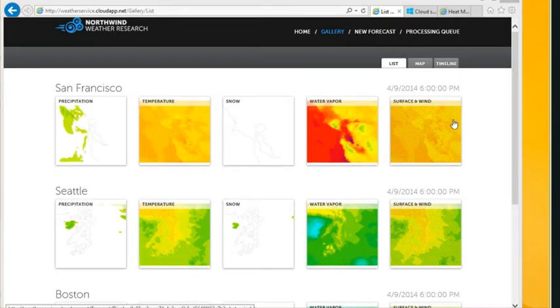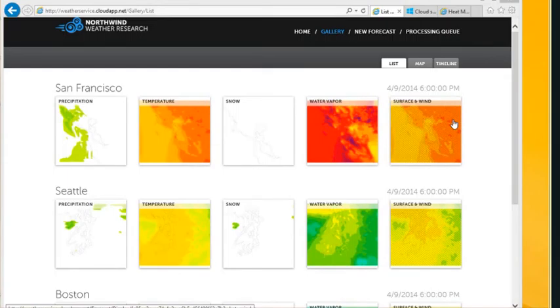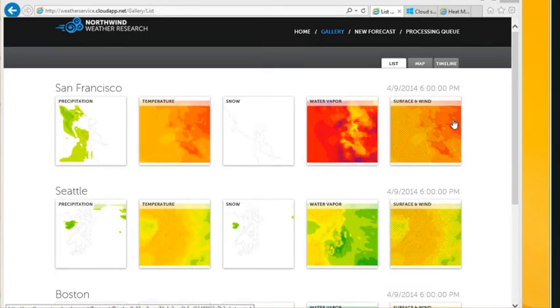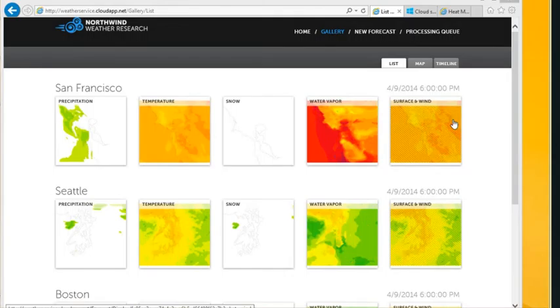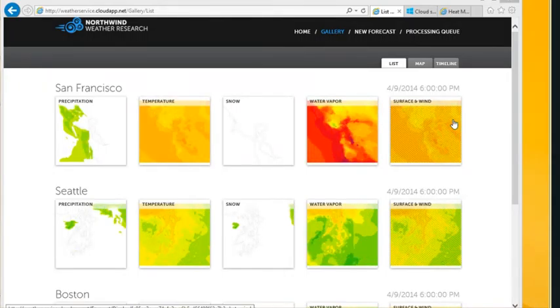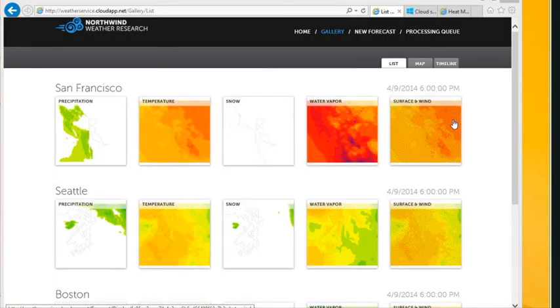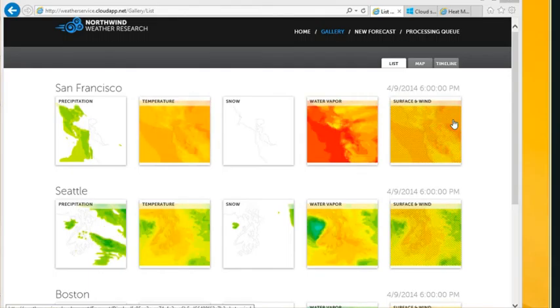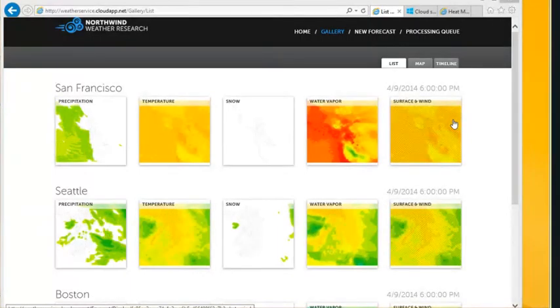Think about the complexity if I were to do that myself. If I accidentally did something to a cluster that I've built, I would have to do all kinds of troubleshooting. Instead, I've been talking to you through the slides, and Windows Azure has been doing work in the back end for me.